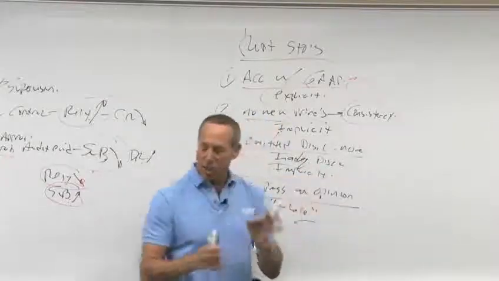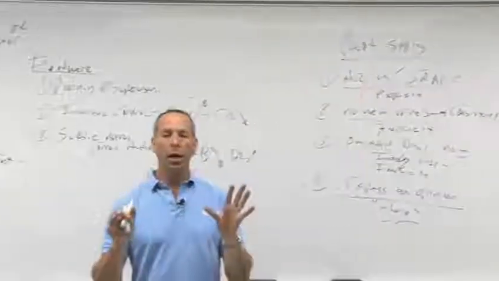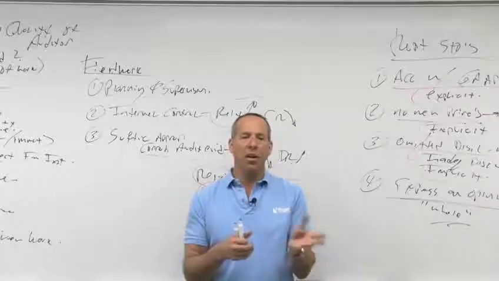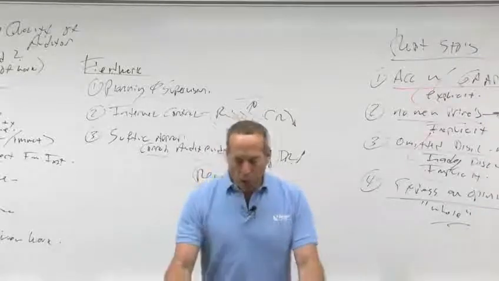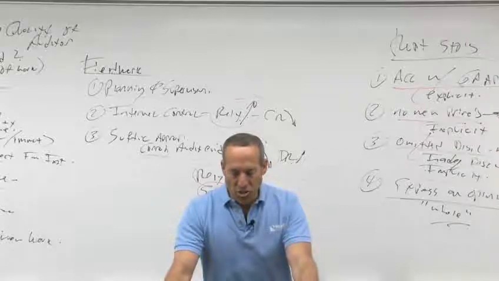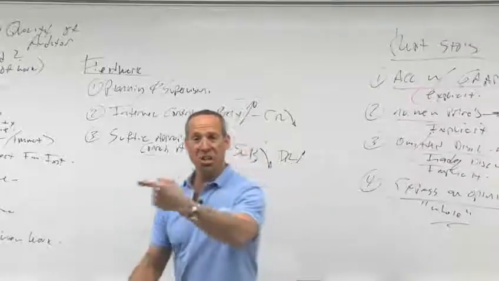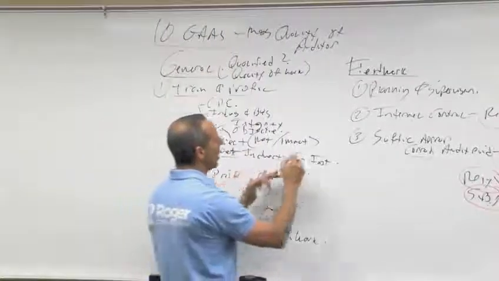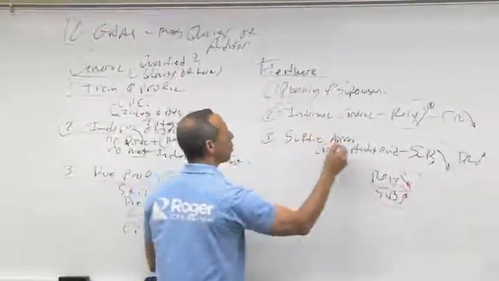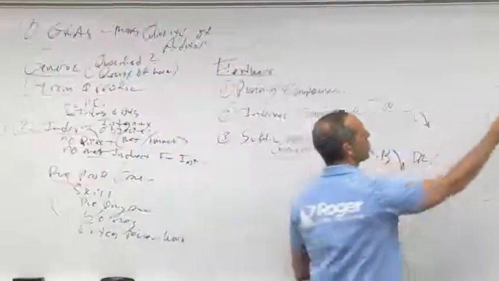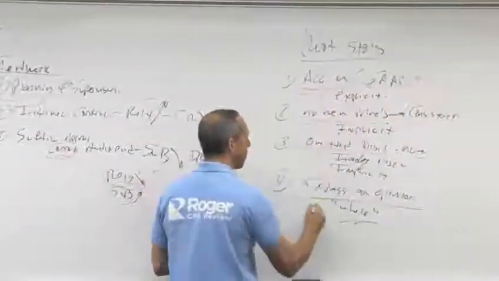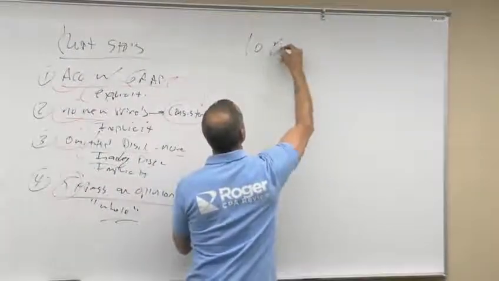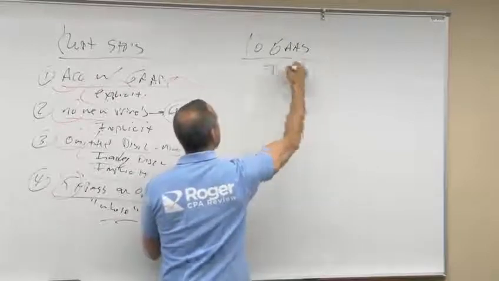So those are your 10 generally accepted auditing standards. Now again, we're going to cover all of these throughout the course. We're going to talk about how they affect clarity, and how they affect the PCAOB. Now, if you look in your notes, you'll see that memory aid, or mnemonic. The 10 generally accepted auditing standards are Tippecanoe. Let's follow it down. Here we go. We've got training, independence, due professional care, planning, internal control, corroborative evidence, accordance with GAAP, no new principles, omitted disclosures, and expressing an opinion.